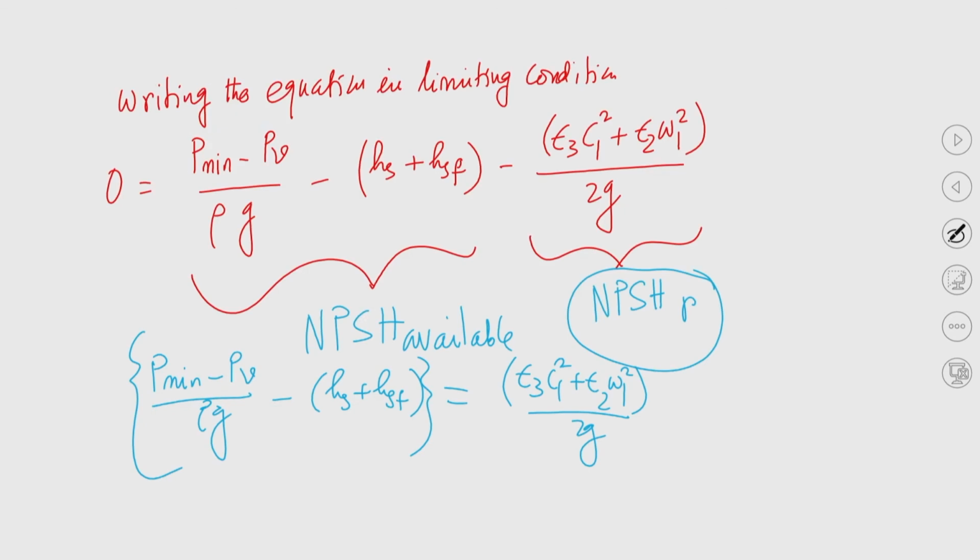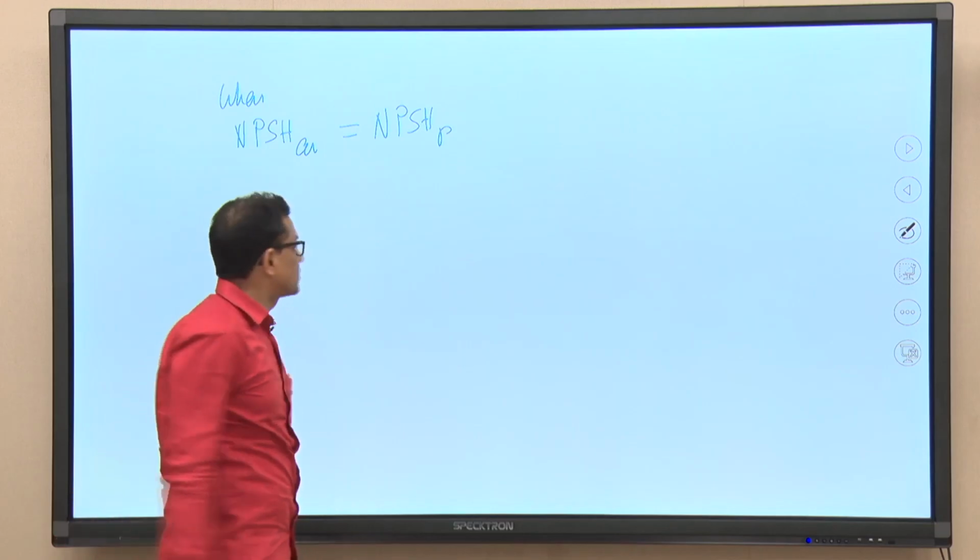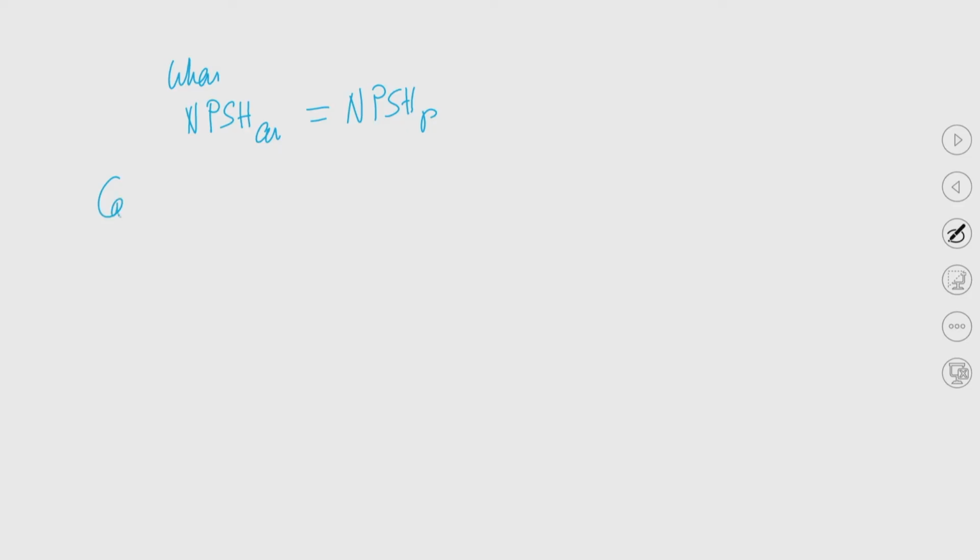So, when NPSH available, so this is NPSH available, this is NPSH required. Okay. So, when NPSH available is equal to NPSH required, that is just the onset of cavitation. So, cavitation free operation